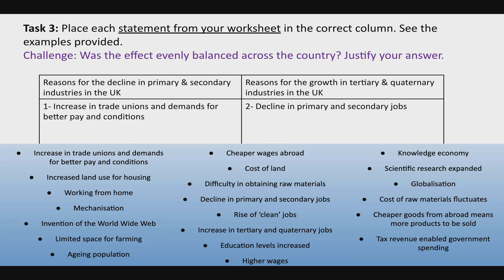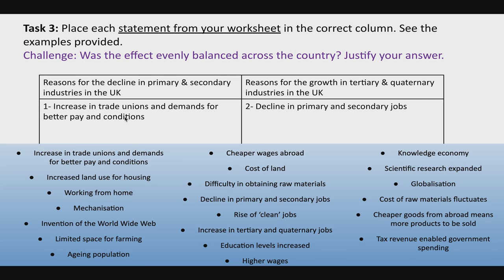The first column asks you about the reasons for the primary and secondary industries, so that's extraction of raw materials and manufacturing industries, that have declined in the United Kingdom. And secondly, on the right, our column says, why have we had a growth in the tertiary and quaternary industries in the United Kingdom? Okay, now to start us off then, an increase in the number of trade unions and